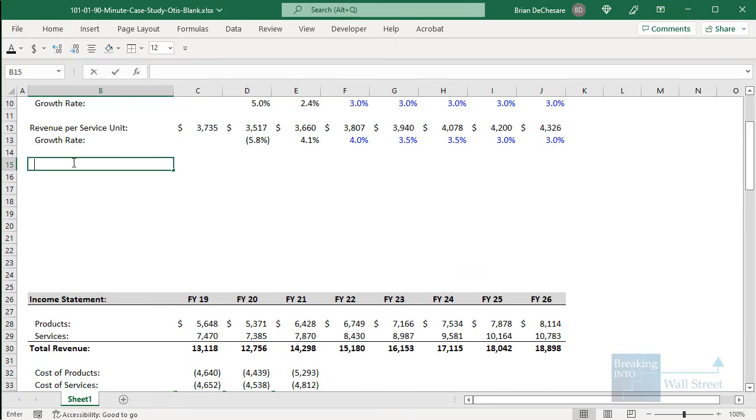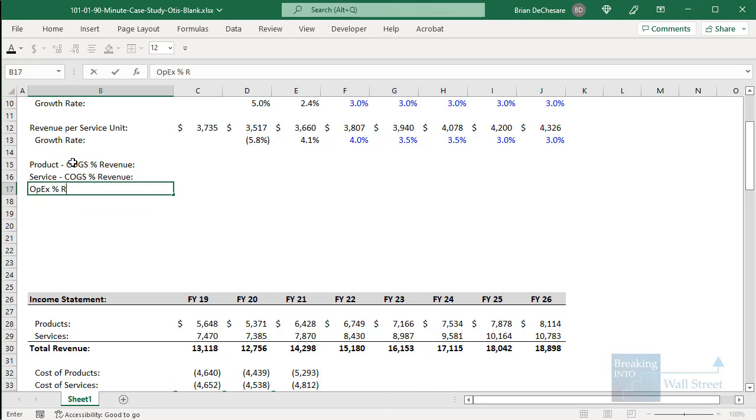Let's go in and start with product, and we'll say COGS as a percent of revenue, and then we'll have service COGS as a percent of revenue, and then OPEX as a percent of revenue. We also need the tax rate, and then for the non-controlling interest net income, we need to look at this